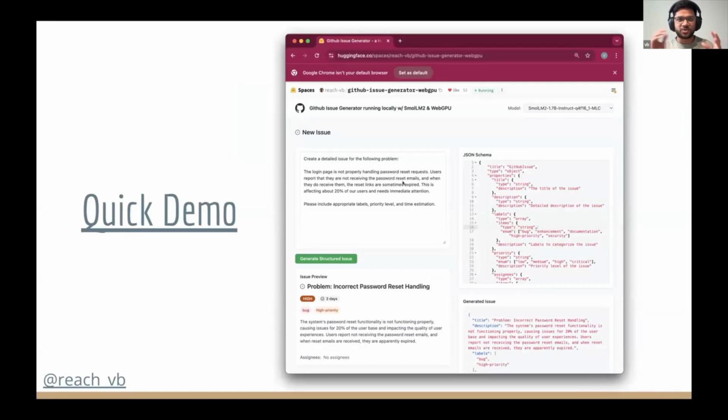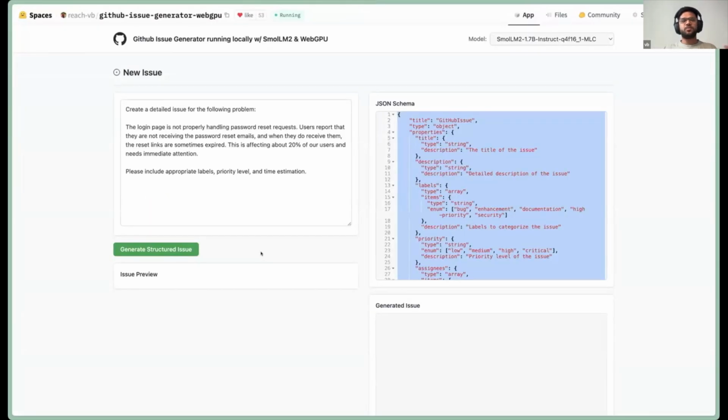There is a demo over here just to showcase what is possible with local models currently. Funny enough, it builds on WebGPU. Hopefully this will work. Essentially what I'm doing in this demo is I have a SmolLM 2, an LLM, which is working purely in my browser. And what I'm asking the model to do is take an issue, which could be anything, could be a GitHub issue. In this case, it is the login page is not properly handling passwords and so on and so forth. And what I'm asking the model to do is to create a JSON or a structured output based